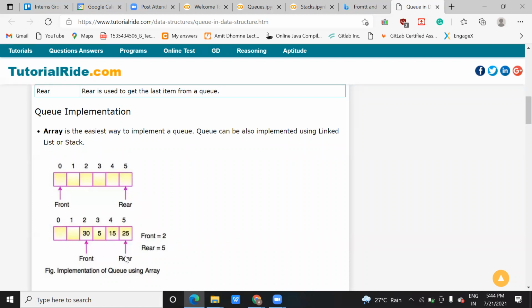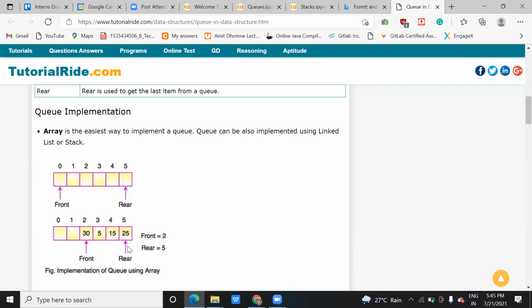By default, front is the first element, right? Yes, by default it is, but you can't say front always comes here. It might be possible that you have only one element, and front and rear are both the same. In what scenario will front and rear be the same? Can you tell me? Only one. Yes, when you have only one element, front and rear will be the same.